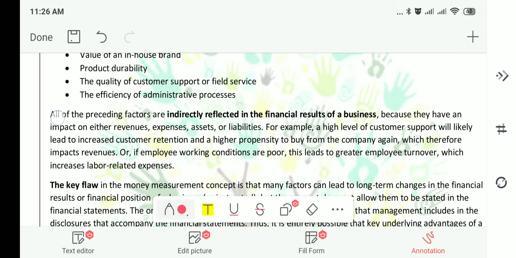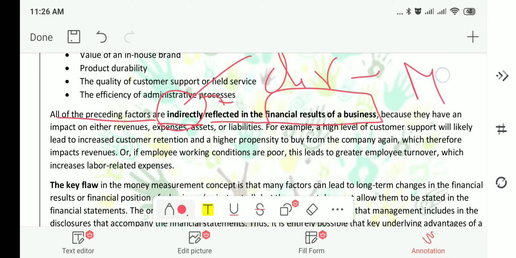See, all of the preceding factors are indirectly reflected in the financial results of a business. That is, it is indirectly reflected, but not directly reflected because it can't be mentioned in monetary terms, but it can be mentioned in the service, and it will reflect indirectly in the financial results of a business, right? Next,